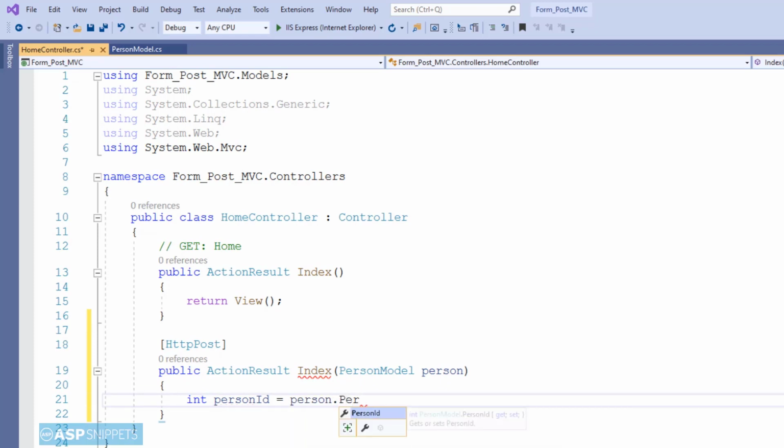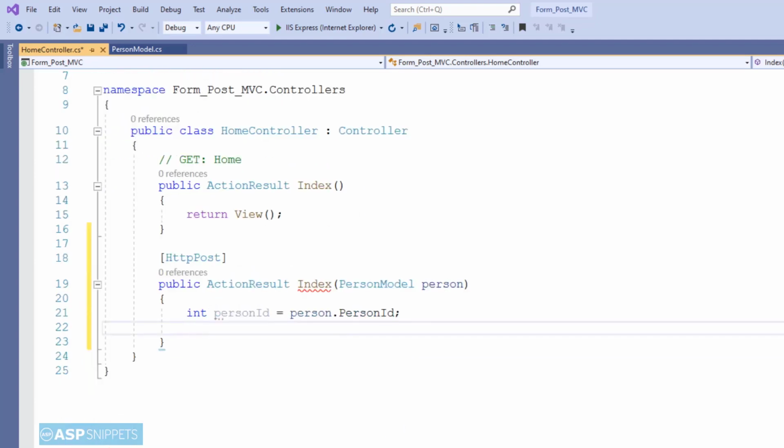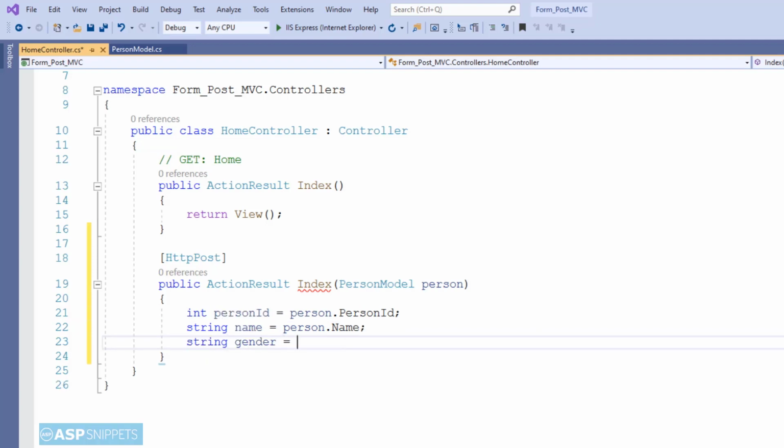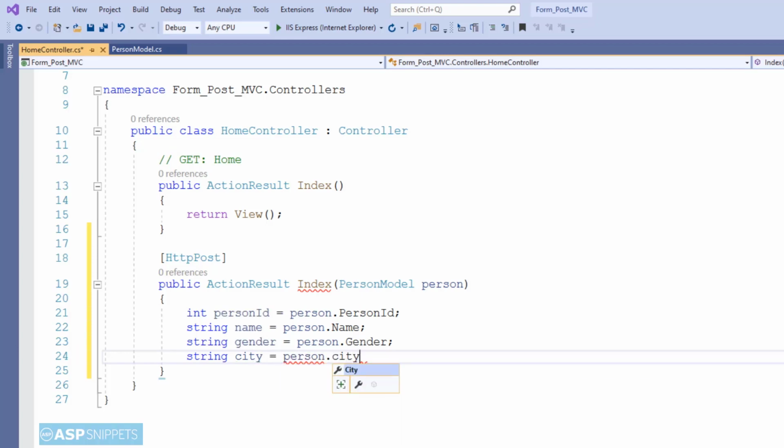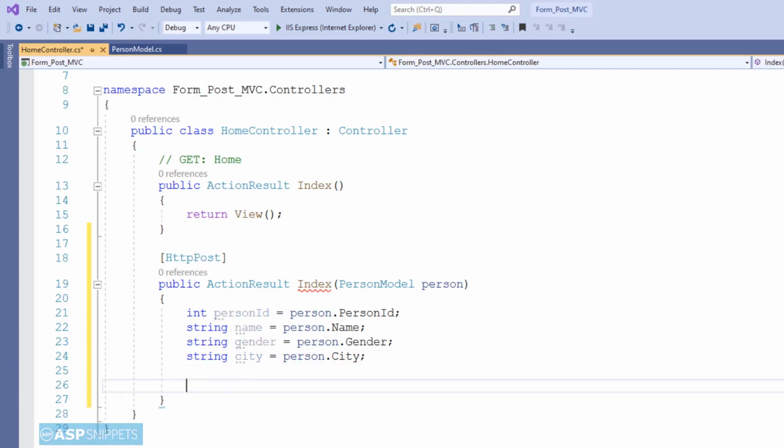Here I am creating variables to extract the values from the model class so that I can show you how to fetch values from the model class. Now a question will come into your mind: why is a model class object used and how will this model class object be filled with values when the form is submitted? The answer is that when we create fields inside the form, we will bind the fields to the model class properties. For example, if we create a text box for name, it will be bound to the Name property of the PersonModel class. So with this, we are done with our Index action result method.